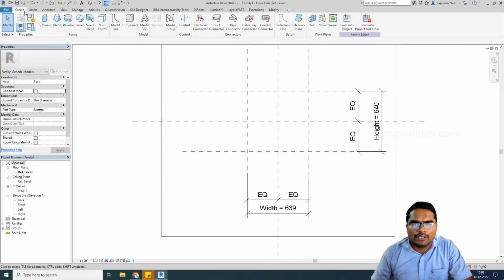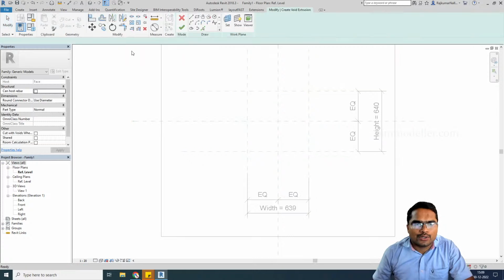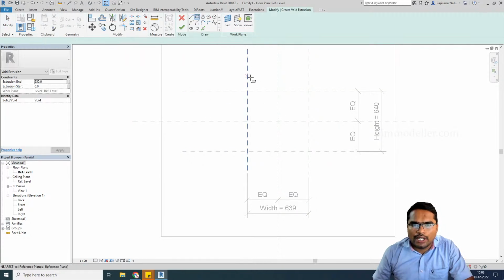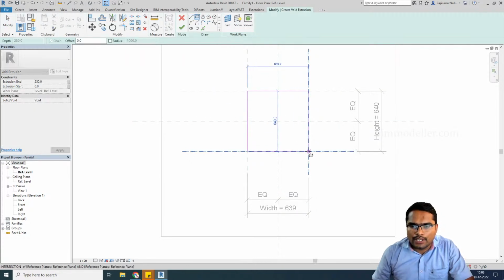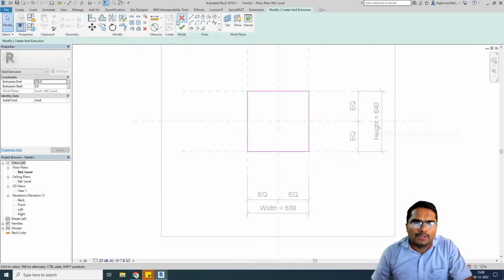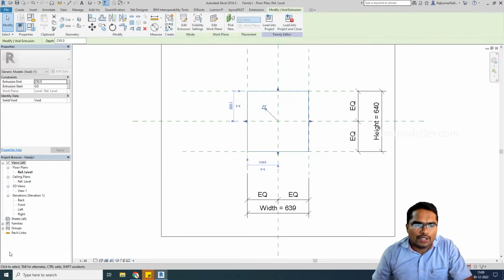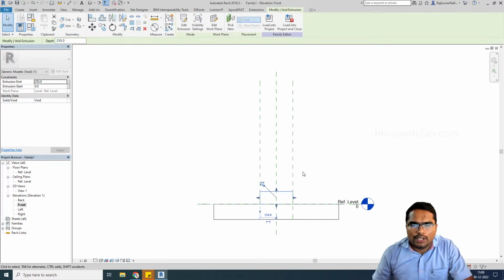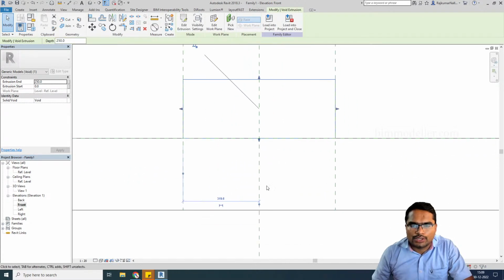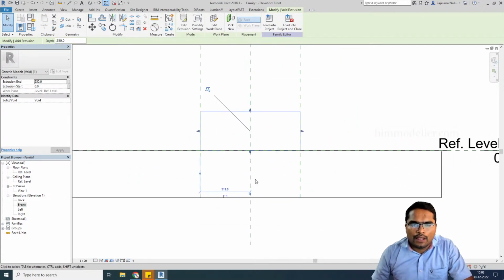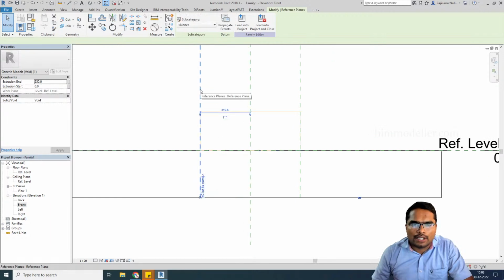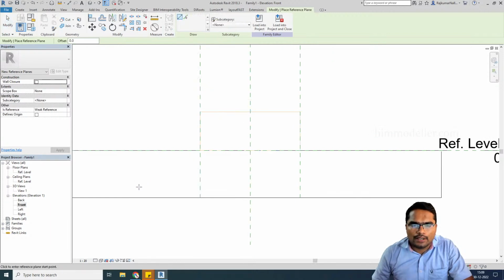Let's go ahead to create, and we'll be looking for void extrusion. I'm going to create it exactly in the place. I hope everybody knows constraining, locking like this. Finish this and go to the front view to see the extrusion direction. So it goes upper side. Let me make this a reference plane like this,